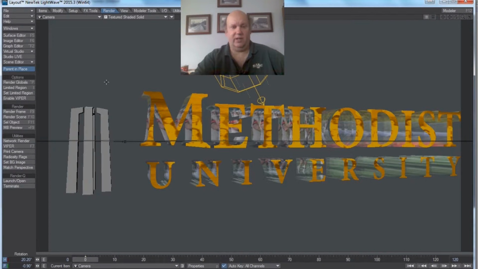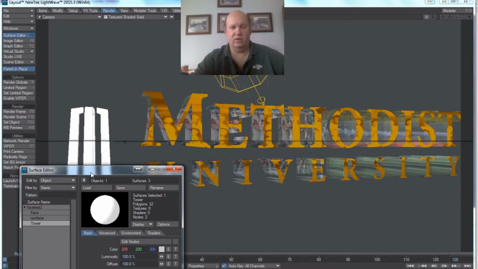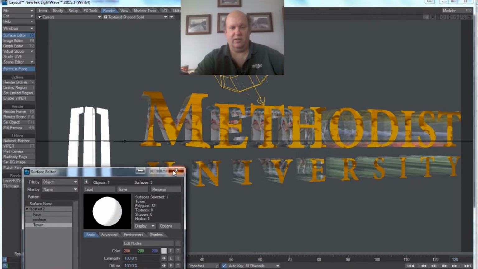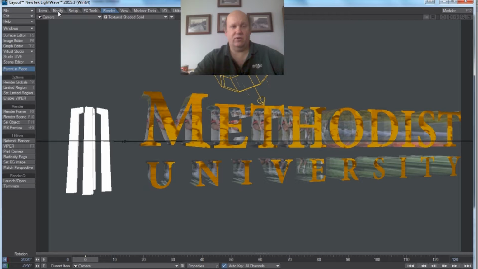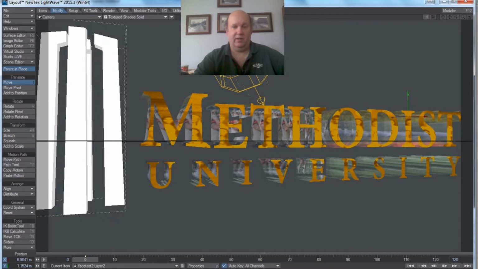In this particular case, I think we want to make the tower a little bit less confusing. We want to make the tower kind of stand out by not having an image in it. So let's keep it white and let's make it glow, shall we? So if we turn the luminosity all the way up, that should give it a nice glow. And I'm also going to, in this particular case, make it a little bit larger. So if I select the tower and I size it up, modify size, and finally we're just going to go